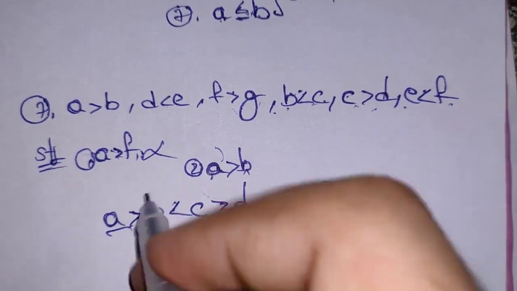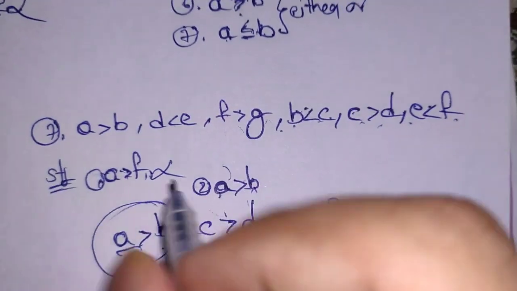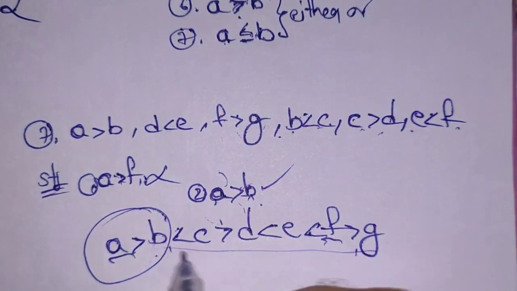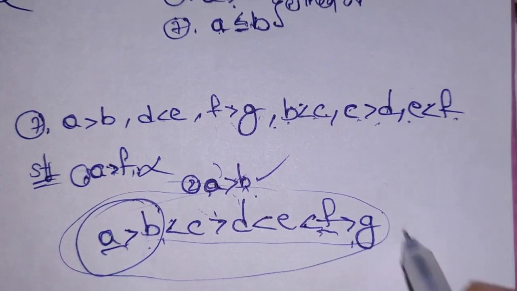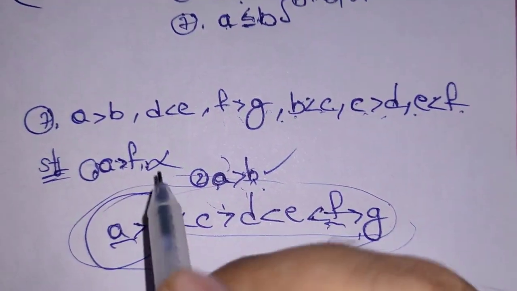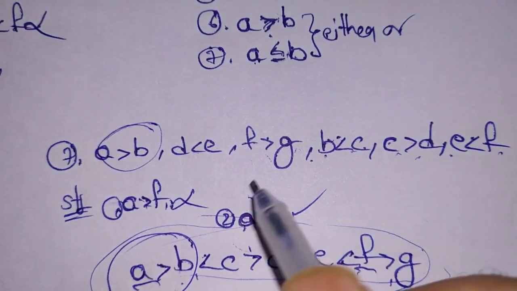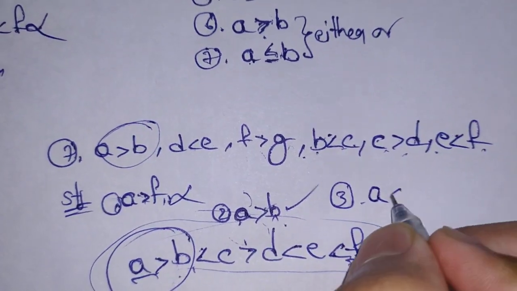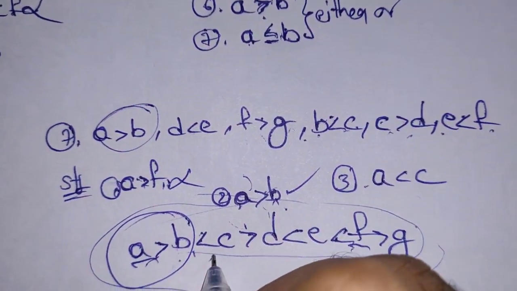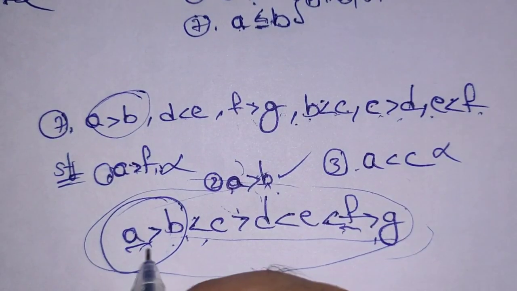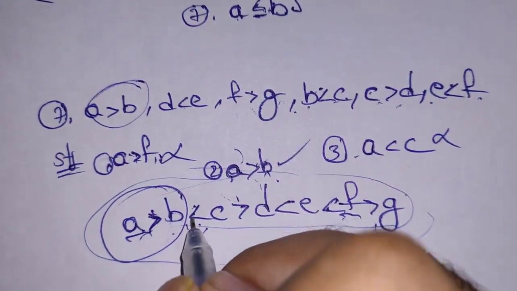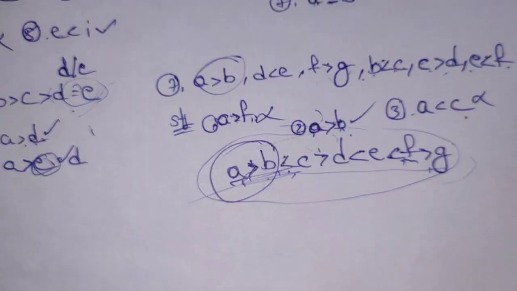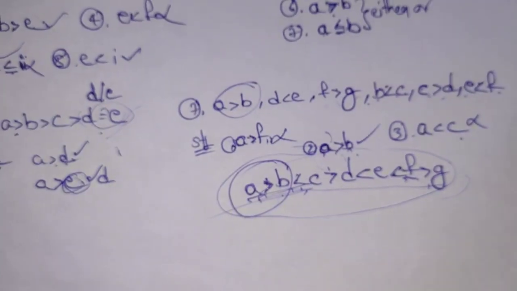A greater than B, you can see that A is greater than B. For A greater than B, you don't have to write all this or frame the complete question. You can see directly that here A is greater than B, so it is true. We will see another one, A less than C. Is it true that A is less than C, or is it false? It is false, because we don't know the relation between A and C. The symbols between A and C are opposite, and we don't have any relation between A and C, so this is false. So these are a few tricks in inequalities.